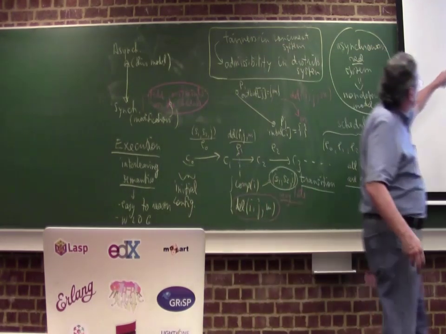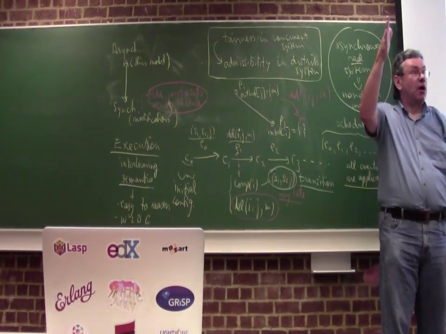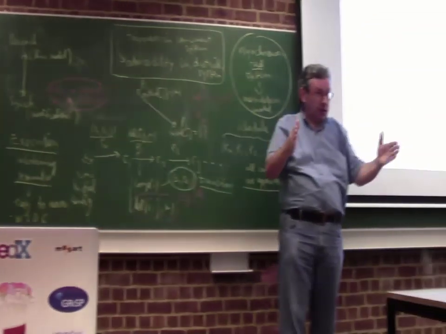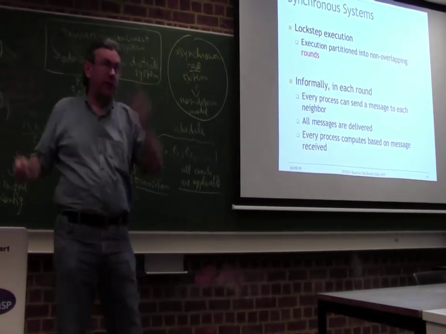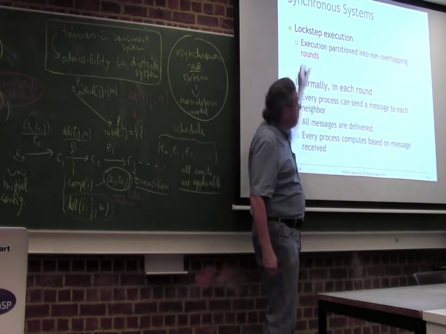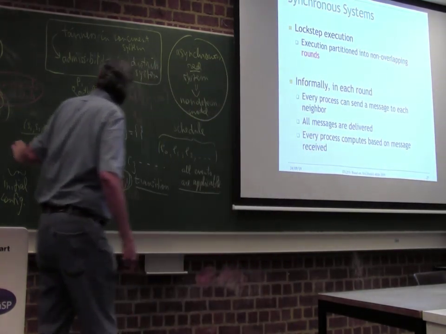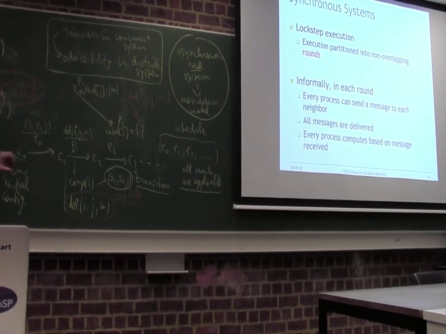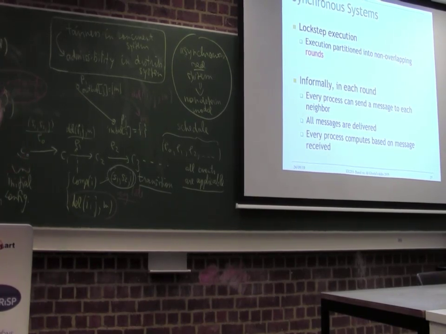So we're going to partition the execution into rounds. Rounds are non-overlapping. Each round is a period where things can happen, and then we go to the next round, and so on. So this is how we model the time bounds. The model is not going to have the exact time of the bound, but the existence of the bound will be in the model.